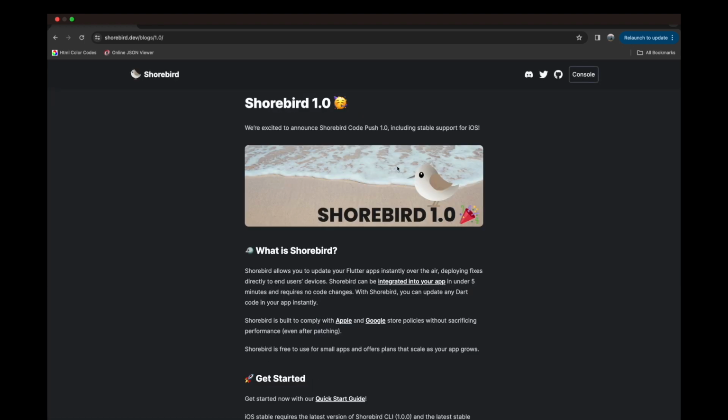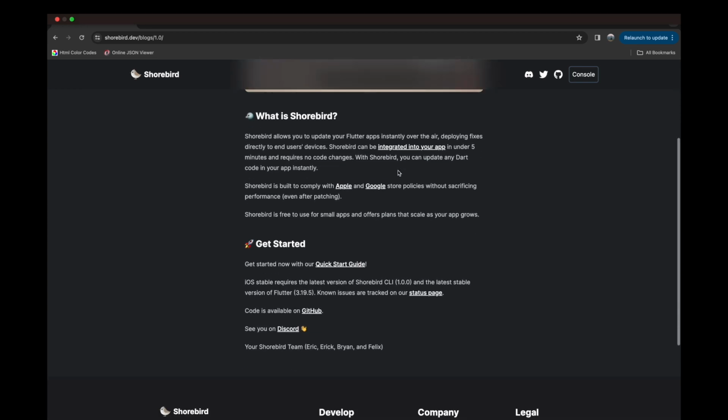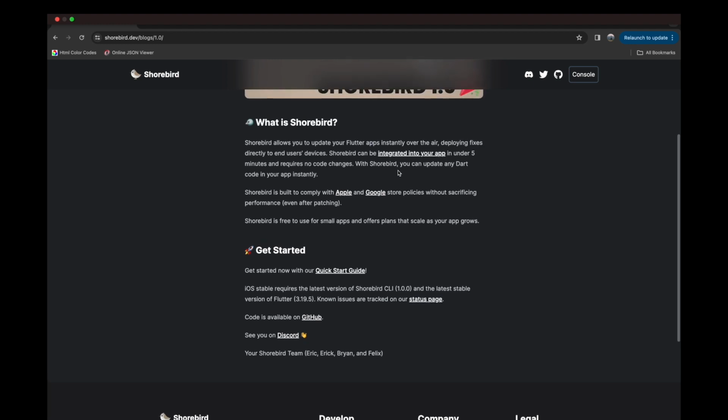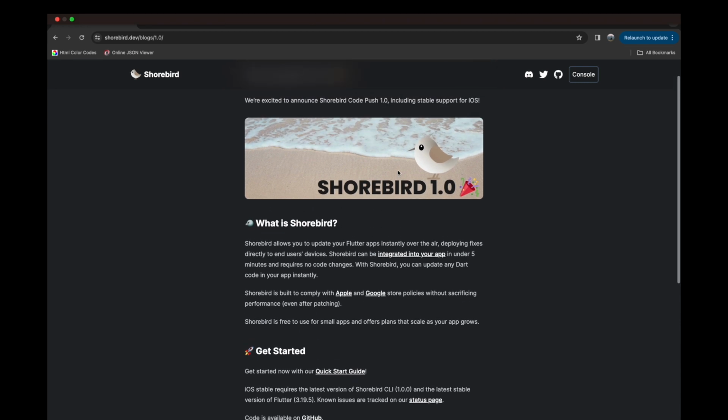Yeah, the news is that Shorebird, which is the single Flutter Code Push solution for now, is stable. So it's version 1.0, and today we're going to go through all of the process of installation and of initialization